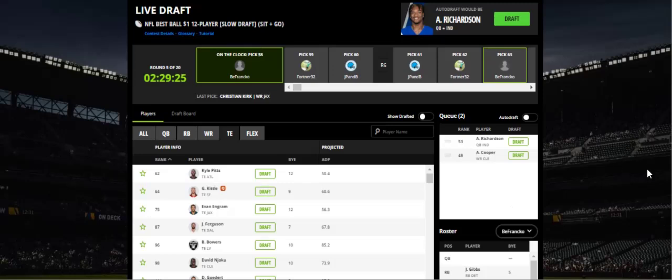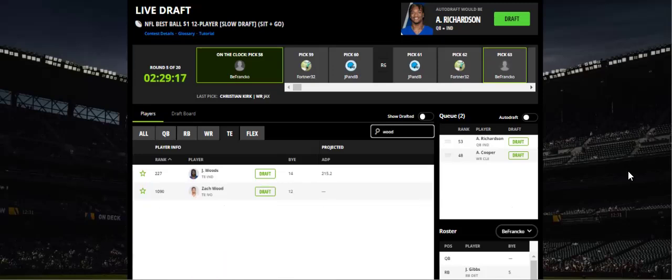I feel like I'm then going to be passing on one of the players that I want to take with Richardson, just because I have no other reason to take him except if I have Richardson, and that player is Jelani Woods right here. His ADP is actually higher than I thought it was going to be. I thought it would be closer to 240, 220, or 230, whatever, not 215. So I'm not sure if it got adjusted recently to that or how that works.